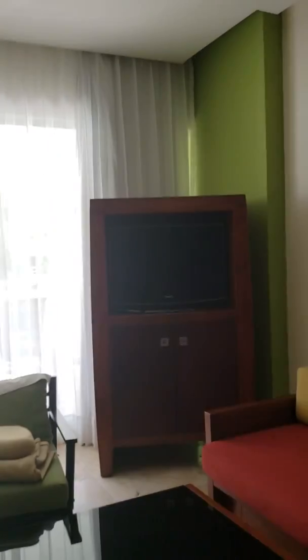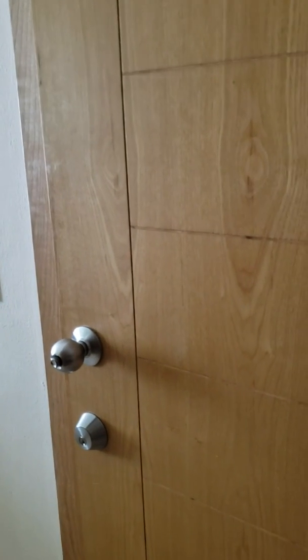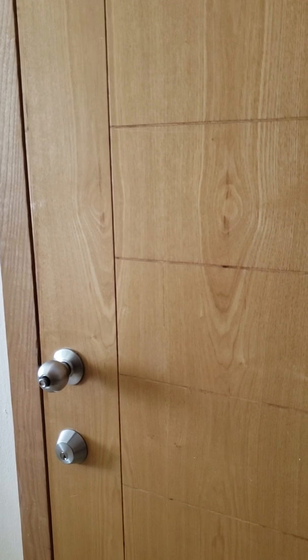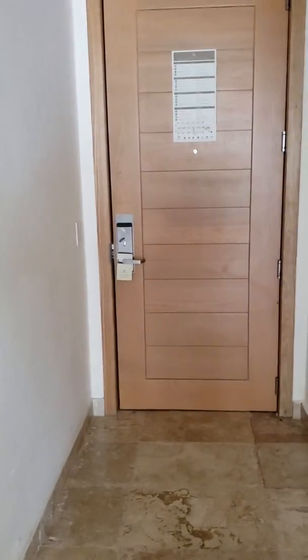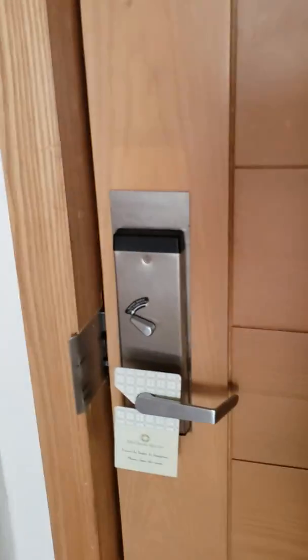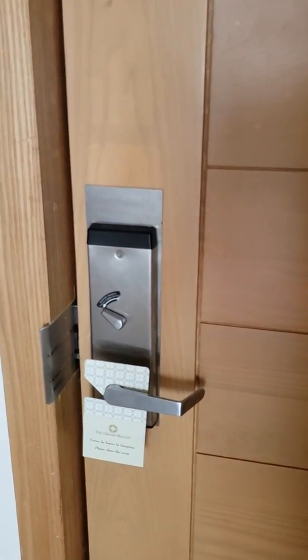The third thing that happened, my friends who stayed here, the connecting door, they closed it. And as they went to the other side, they tried to come back, but it was locked. But they didn't lock it, which was the weird thing. And the door here is when you lock this portion here, which they did as well, there was no way into the room, which was crazy. So